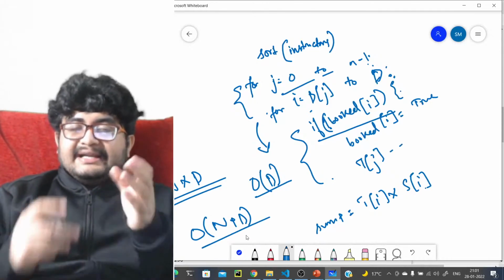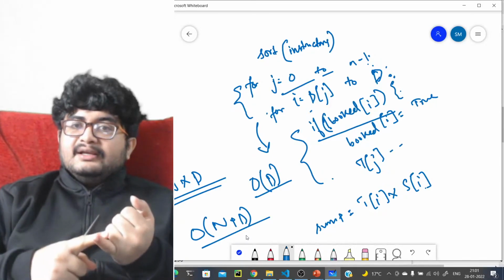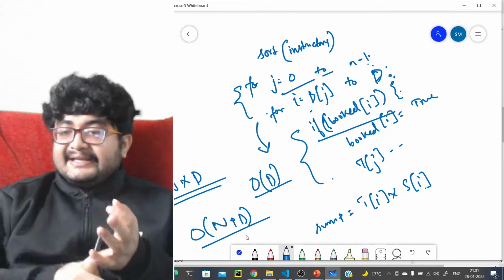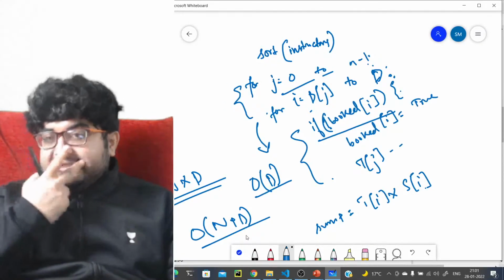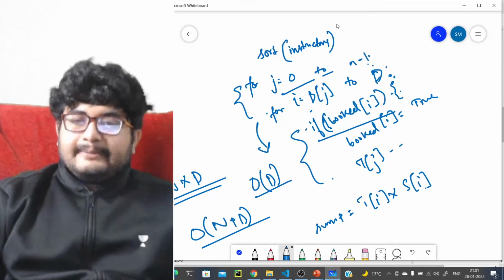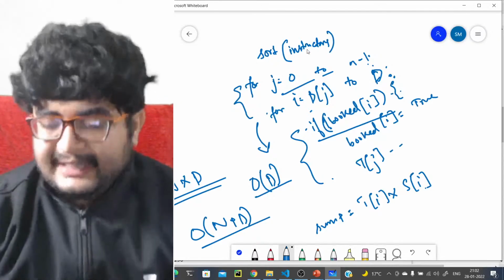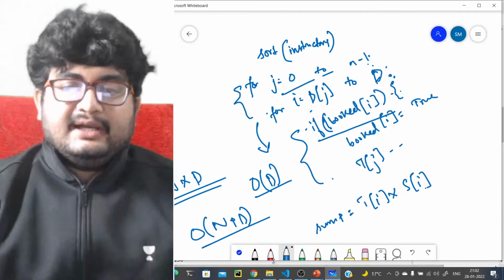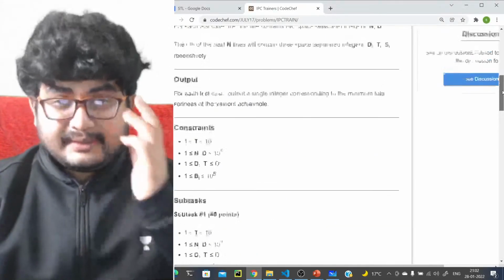Is there a data structure that can support addition, removal, store the days in an ordered fashion, and also find the next possible day? We have something called a set that does exactly this. In fact, the days are unique as well, so we don't care about multiple occurrences of the same day. So we will use a set for this. I'll write the code for this, and I think that will make much more sense. Let's look into the input first.